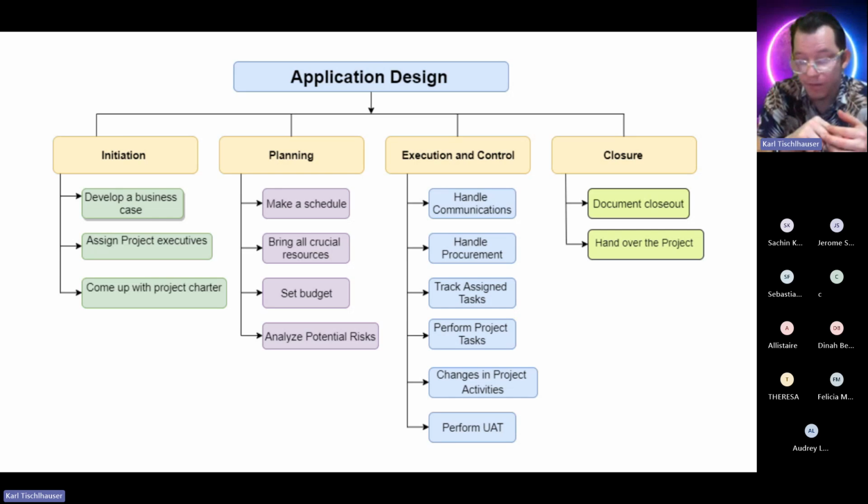You perform project tasks, you record changes in project activities, so you keep a record. Even when we change projects, there's an entire process, an entire methodology that is assigned to change management in projects. Okay. There's perform UAT. I'm not exactly sure what UAT is, but it's probably going to be something specific to